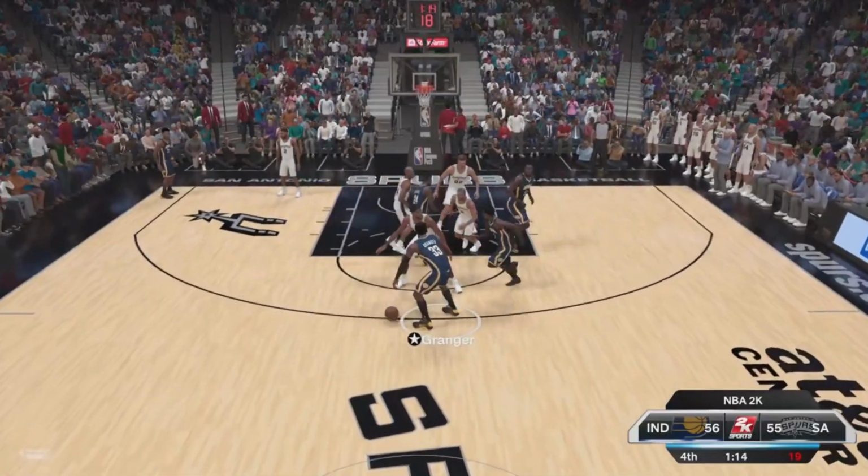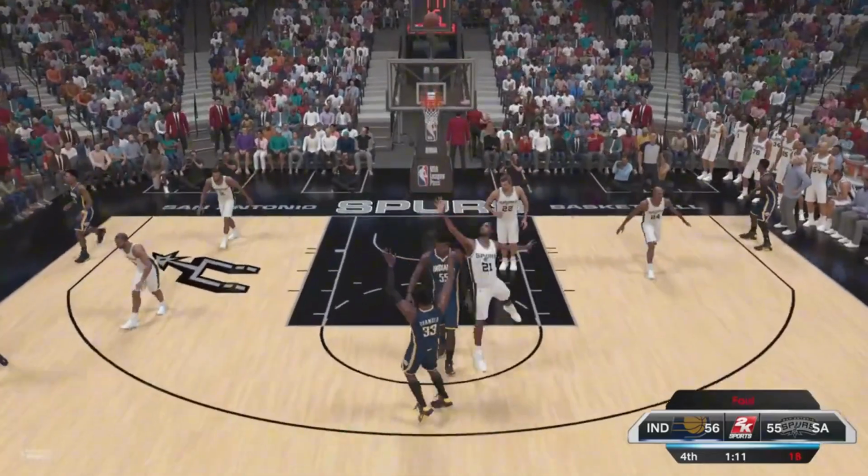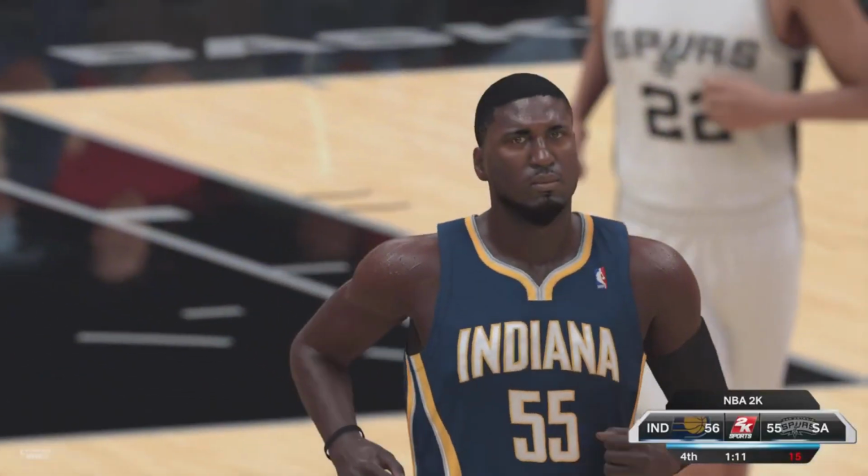Huge shot challenge that comes his way. Now here's Granger. And play stops. Whistle on what looks to be an illegal screen. You know, guys, sometimes that just happens, but...